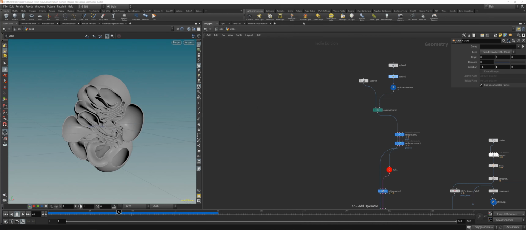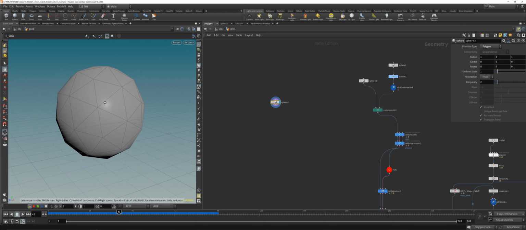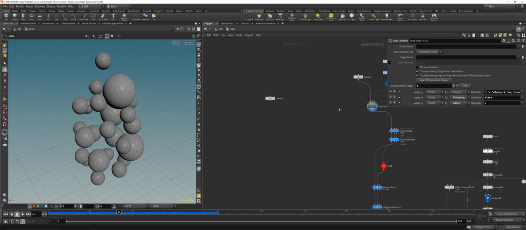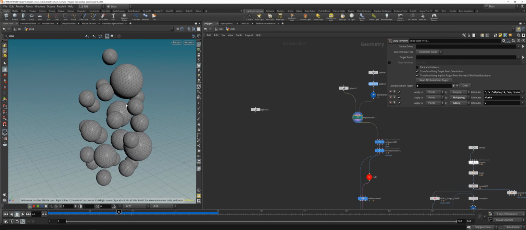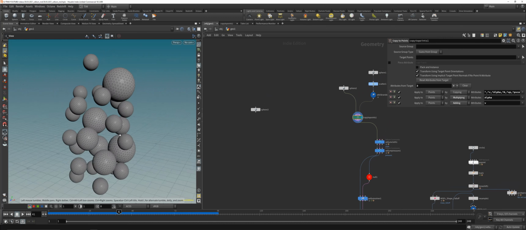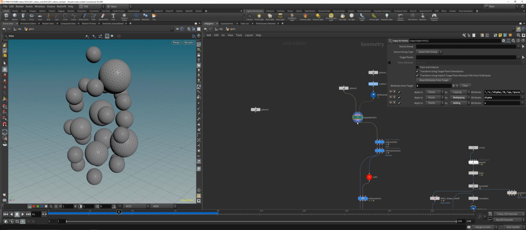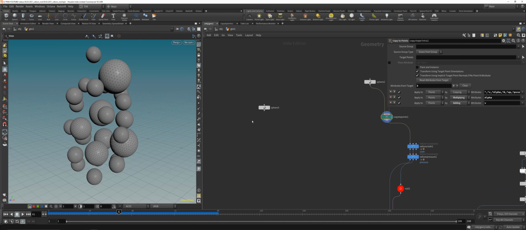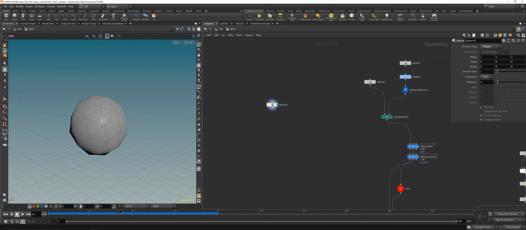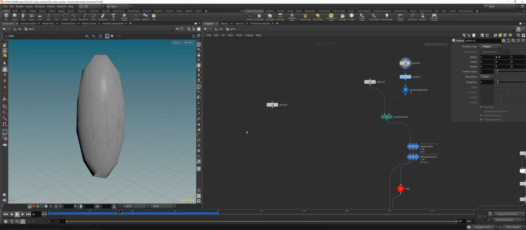So first of all, I will place down a sphere here as a polygon, and let me enable that. And we want to get cellular spheres. With that kind of example here, you see we've got cellular spheres in a different distribution, and I achieved that with copy to points and a scatter node and a randomize, and that's pretty easy. For the base shape you can use everything you want, so I will just use this sphere here,